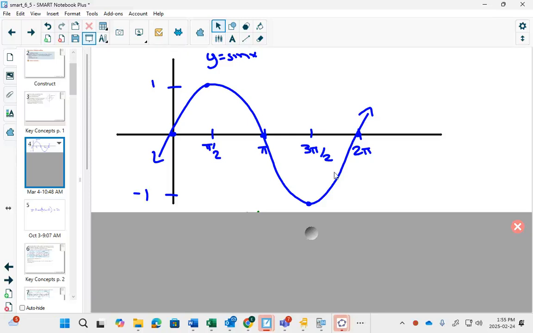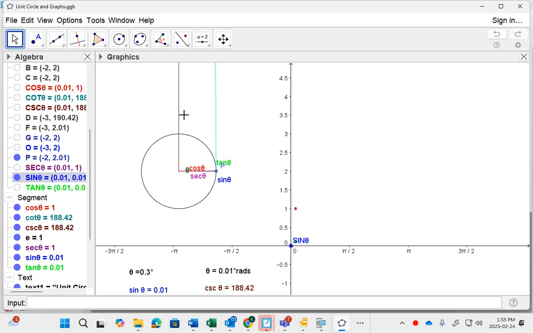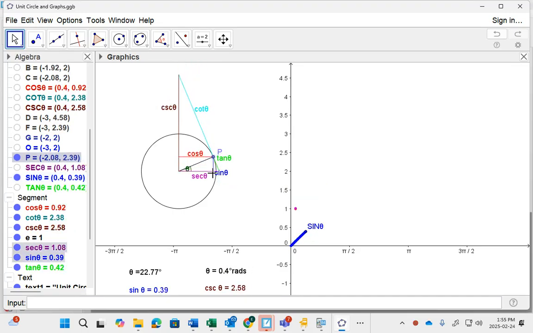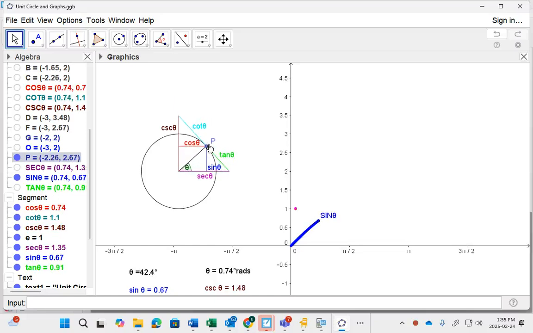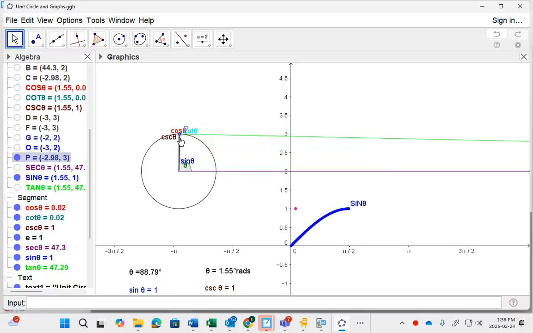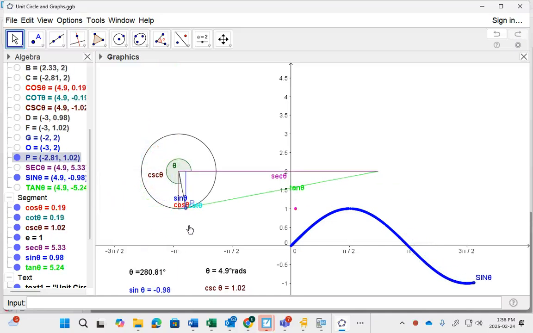Page 514, and I'm going to show you a little app that I've got set up here. On this app, I've got a little unit circle drawn right here. And we know that sine is your y coordinate. So as I move this point along the unit circle, I've got a blue line drawn here showing how long that y coordinate is. Notice that your y coordinate starts at 0, and as I drag it, it draws the curve on the right till we get to the top where it's at 1. So at pi over 2 it's 1, then it starts getting smaller. It's at pi at 0, now it's negative values, and then back